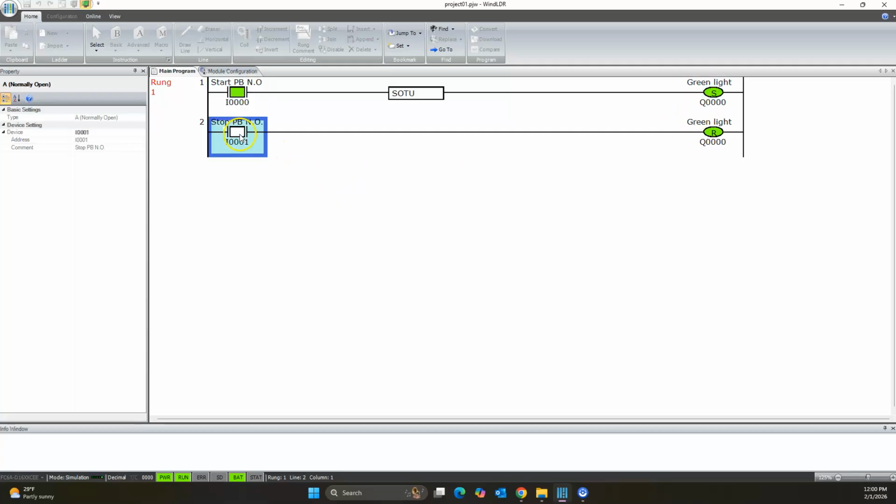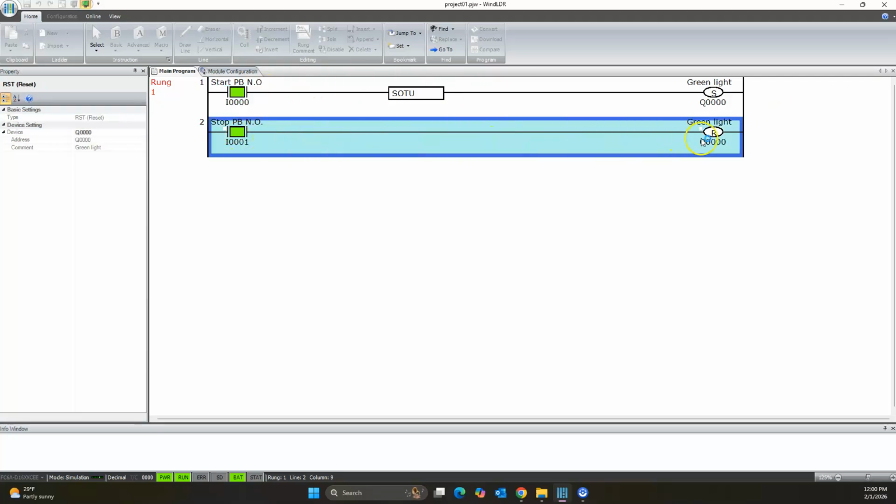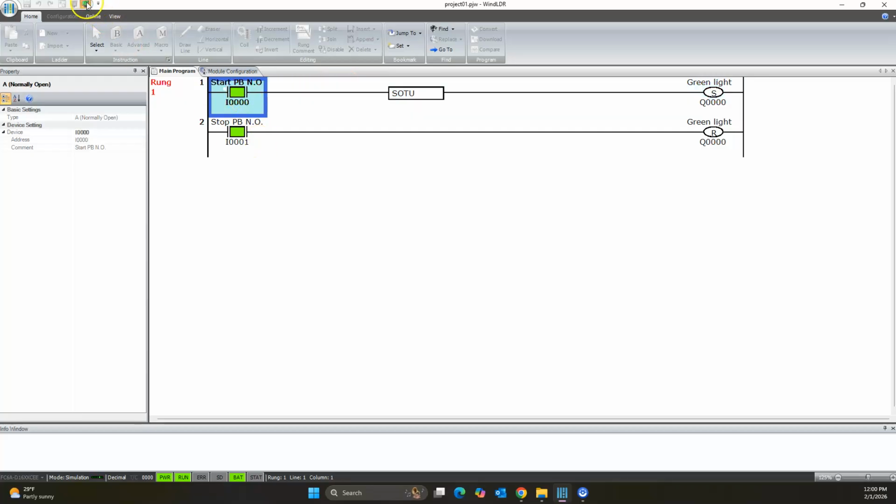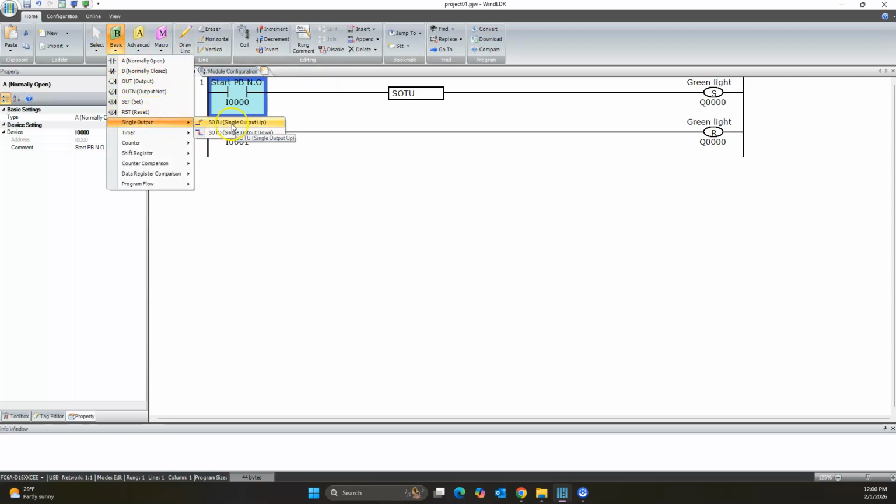Okay. So we'll do the same thing here. And if I set this, you'll see I can reset, and then I can set it again, and nothing happens, because this is holding the reset, and that's always going to switch that output off. So as long as I'm pressing the stop button, I'll never be able to start the green light, or I'll never be able to turn it on, no matter what I do. Unless, if I go out of my simulation mode and put in another single output up,